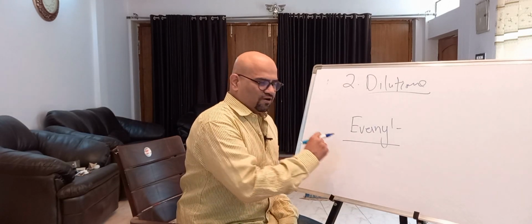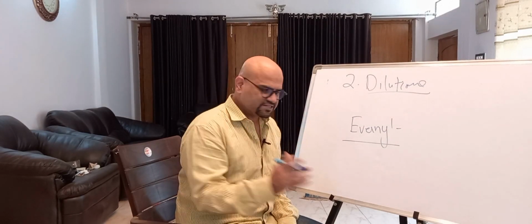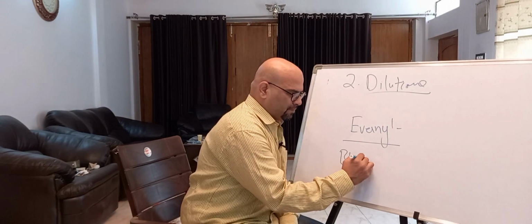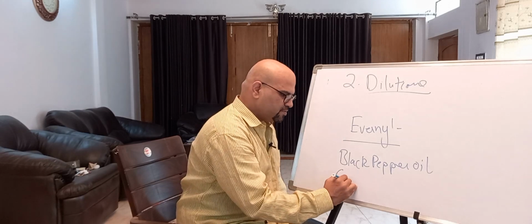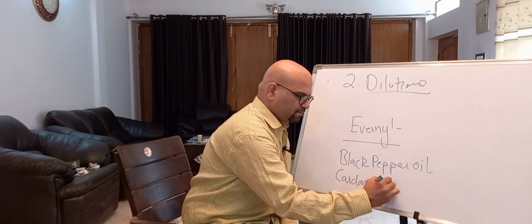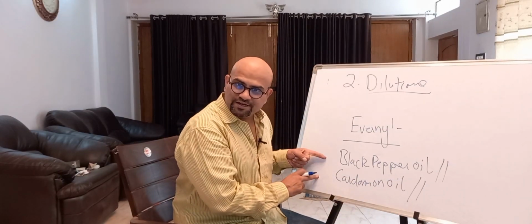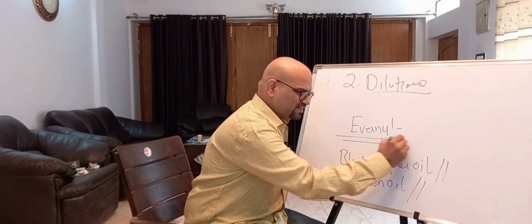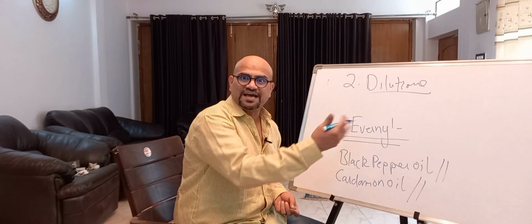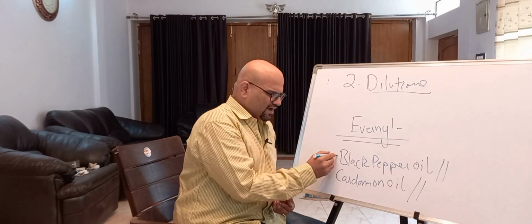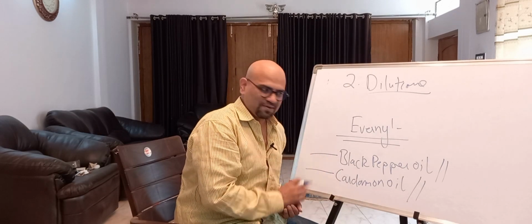Okay. If you remember, there are some oils. Yesterday we went through the materials. There are two oils in it: black pepper oil and cardamom oil. Now, these two oils are much more expensive than Evernyl. These two probably are, after rose and jasmine and other more expensive oils, I think one of the most expensive oils used in modern perfumery: black pepper oil and cardamom